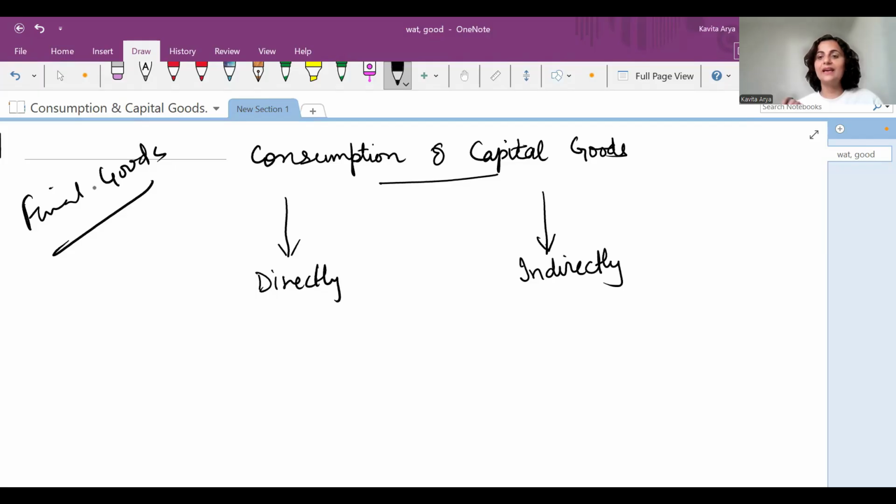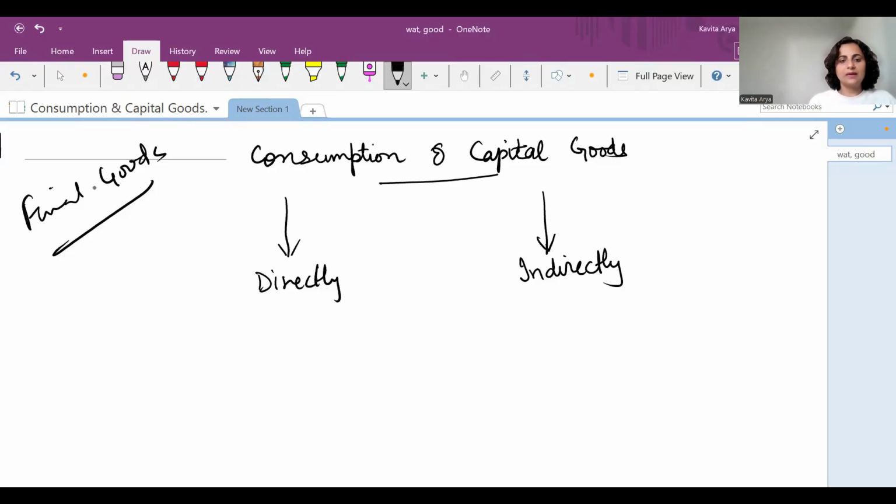So that is an investment for me because it's going to be used repeatedly for a longer period of time. So that becomes a capital good. And you must note the word capital good hardly comes in the context of households. We say consumer durable goods. I'll throw some light on this aspect later when we are done with this topic.